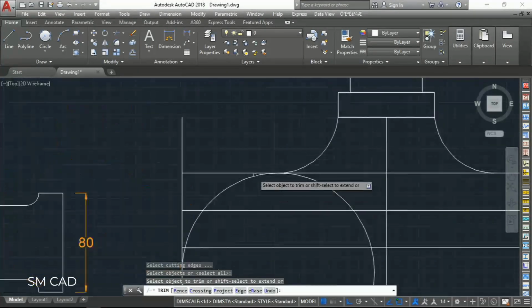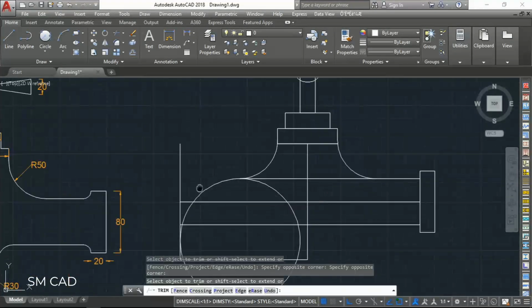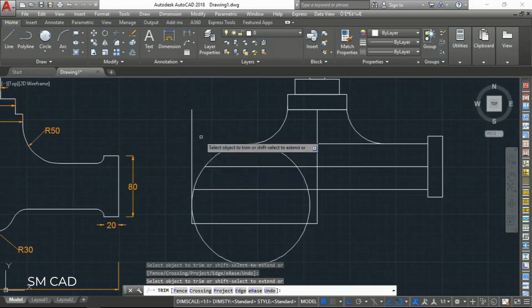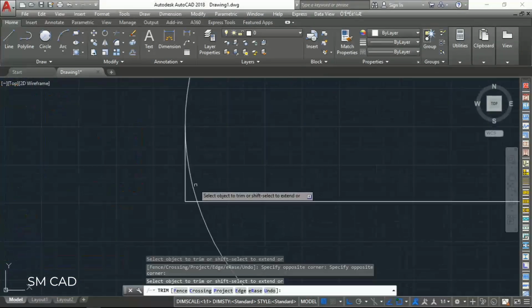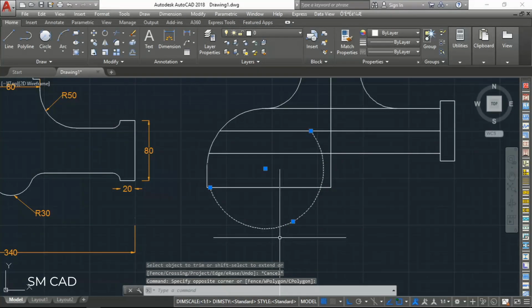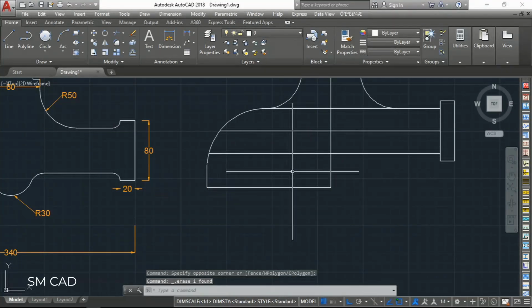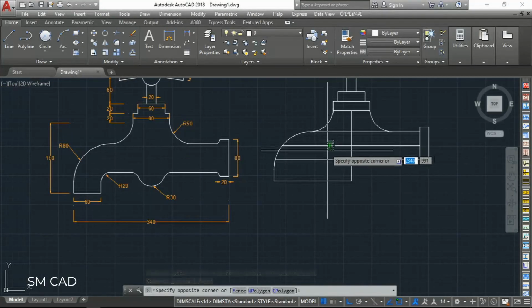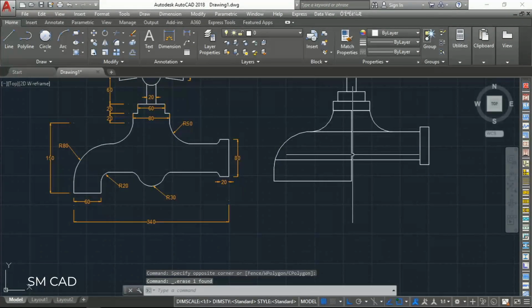Again let's do some trimming here. No need for that, no need for this one also, and here also no need anymore for that. So close this, remove this completely. Now this line also is no need anymore, and here you see this portion needs